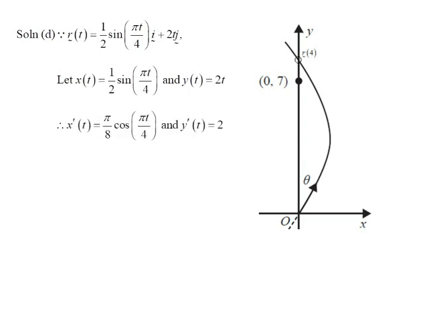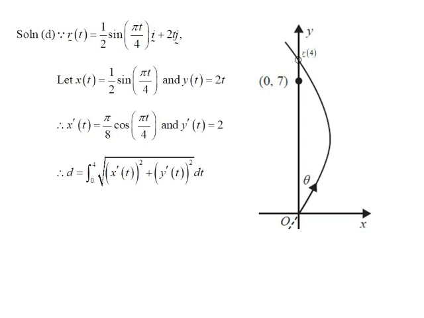Hence, x prime of t equals pi over 8 times cosine of pi t over 4 and y prime of t equals 2. So the distance traveled during the first 4 seconds equals the integral from 0 to 4 of